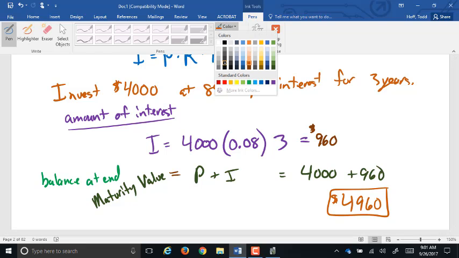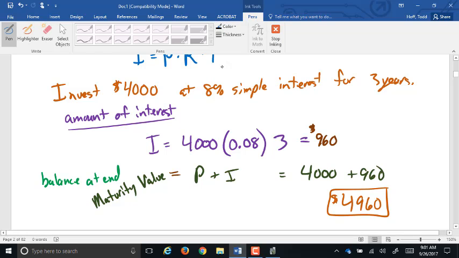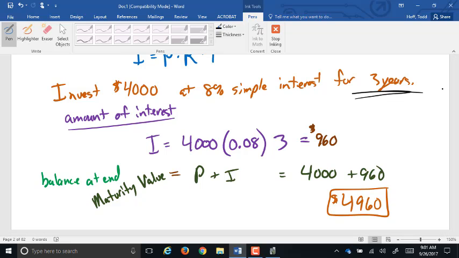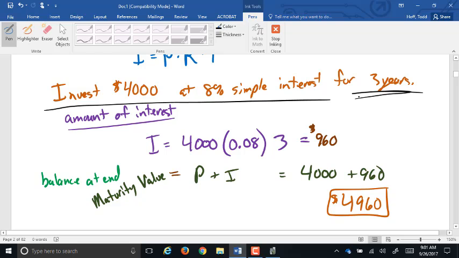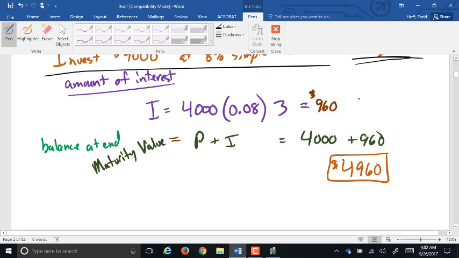Most banks are not going to go for an investment where money sits there for 3 years and interest isn't calculated until the end of the 3 years. They don't like that. Usually they only use simple interest on things that are going to have interest calculated on a regular basis or very, very short term. For example,